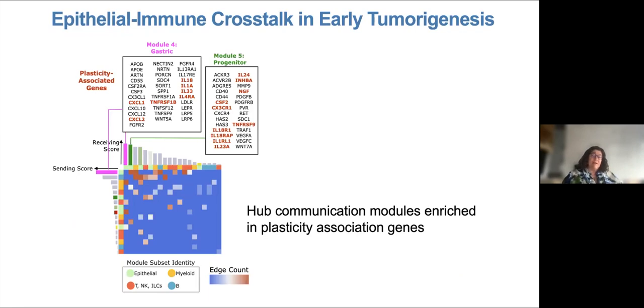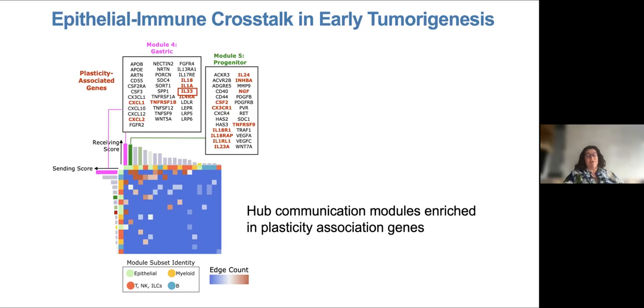And many of these same genes are the genes that were plasticity associated. These are the genes that were highly correlated to whether a cell was plastic or not. So we assumed that these were the most important genes because our plasticity score said these are the most plastic cells. And so the cytokines that are expressed in the most plastic cells might have a role. And we noticed that, again, here we're cherry picking, and I think it's legitimate to cherry pick based on your biological knowledge.